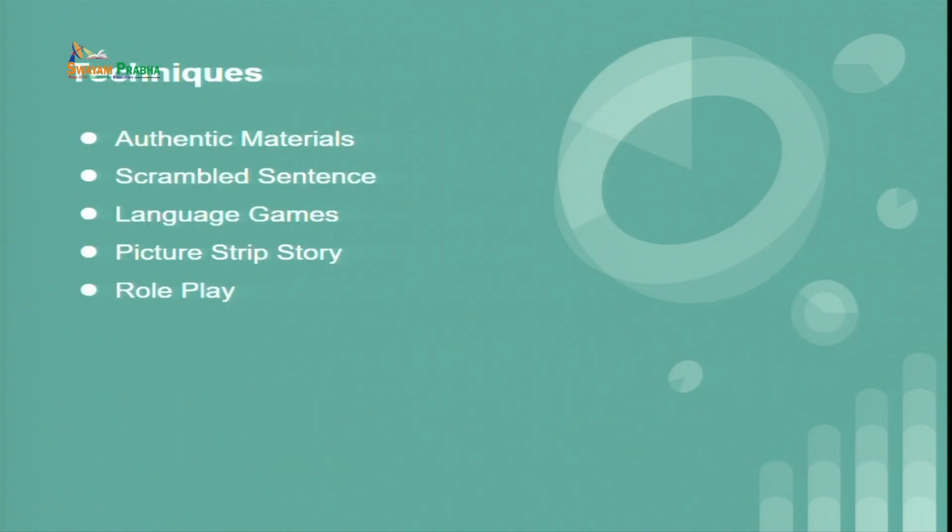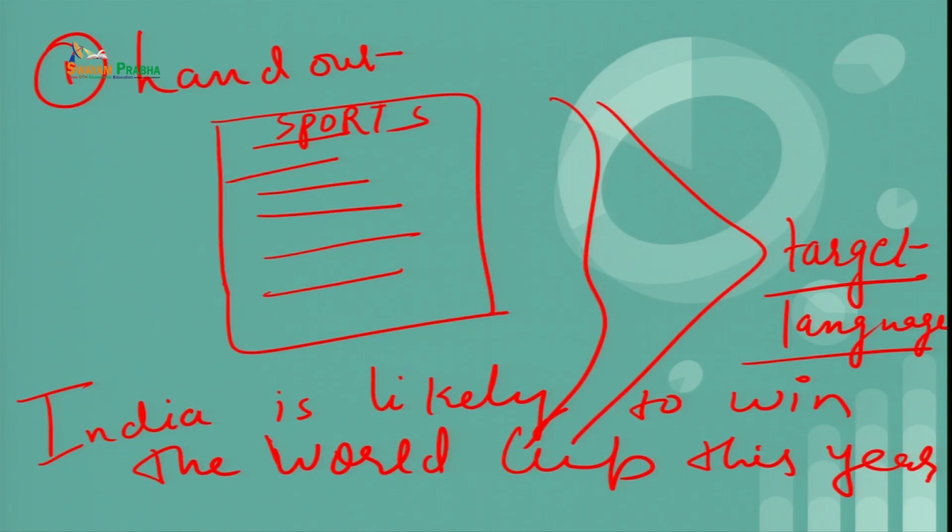then the teacher asks the students to look up at the sentence and tell in different ways. Try to paraphrase this sentence and use it in different ways, or use it in a way that is not being said in the statement which is mentioned on the blackboard. So many students come up with different ideas. Some say that India probably will win the World Cup, okay. The second student says that India is almost certain to win the World Cup. Now you see that one sentence can be put up in different ways,